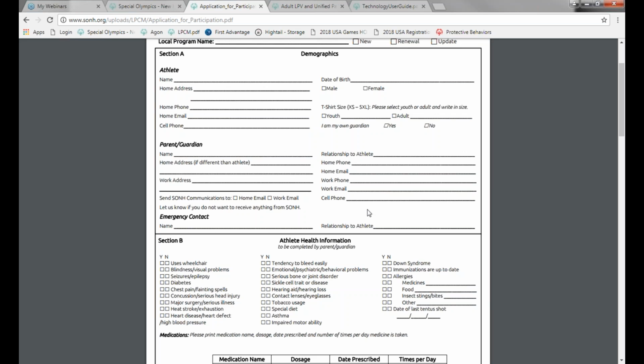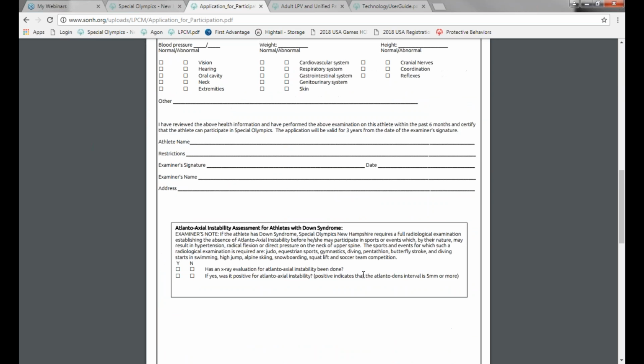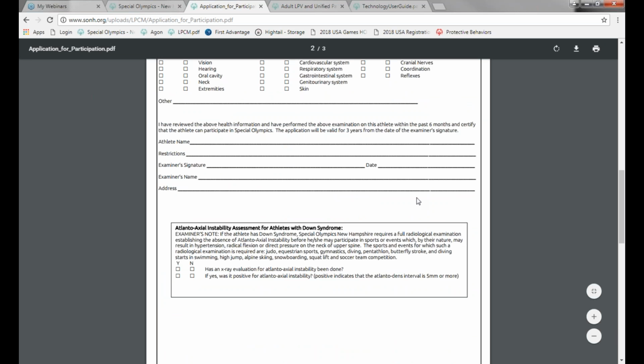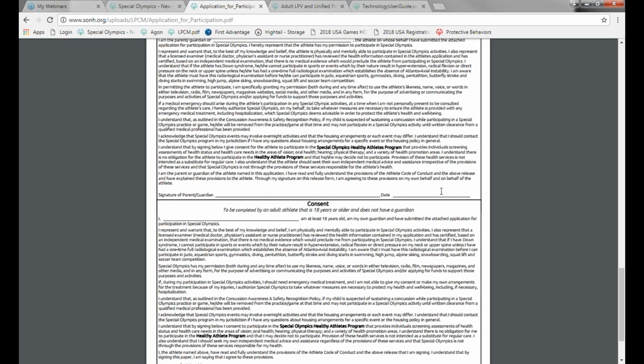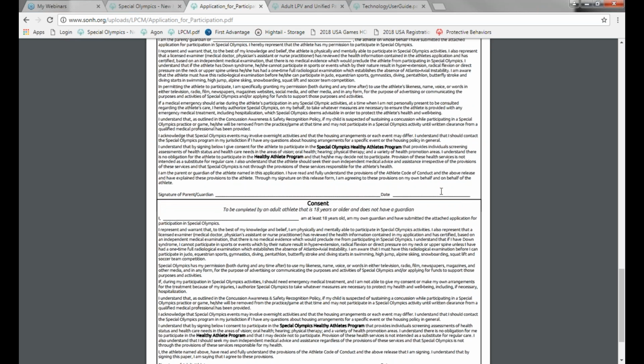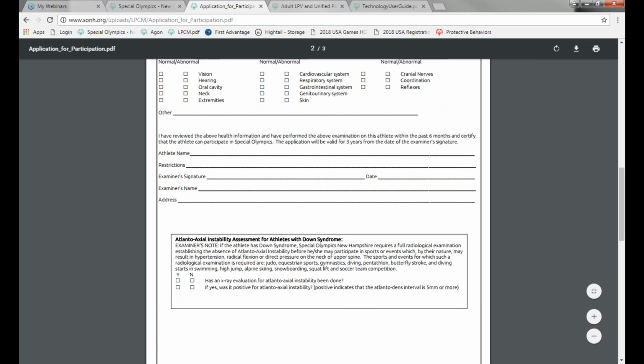Page 1 is the basic information about the athlete, to be completed by a parent or guardian, or an athlete who is their own guardian. Page 2 must be completed by a healthcare professional; it needs to be checked and filled out by a doctor. Page 3 is the consent, and it must be signed by a parent or a guardian or an athlete who is their own guardian. So that's that. Now if we look at an LPV,